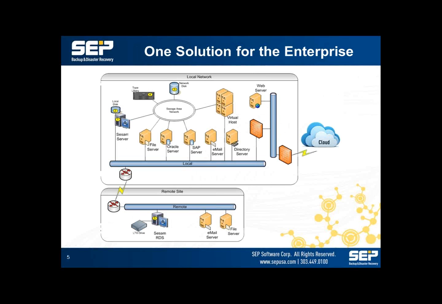Kind of just going through quickly and giving an overview of basically a typical network environment that we would see, and some of the components that are in that environment as well. So number one, on the left-hand side, we have a main SEP server that could back up to locally attached storage. We could also have that directly connected to a SAN. We could have a tape or disk solution that we can write to in that scenario.